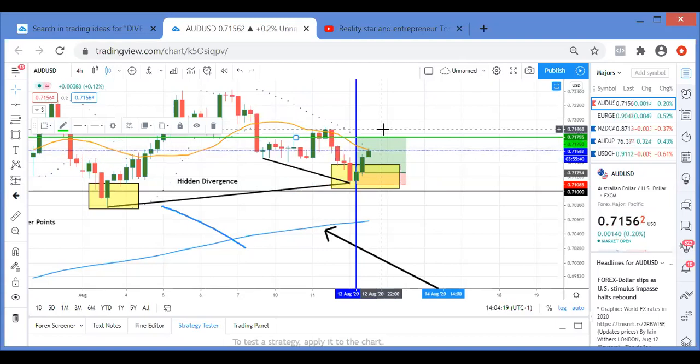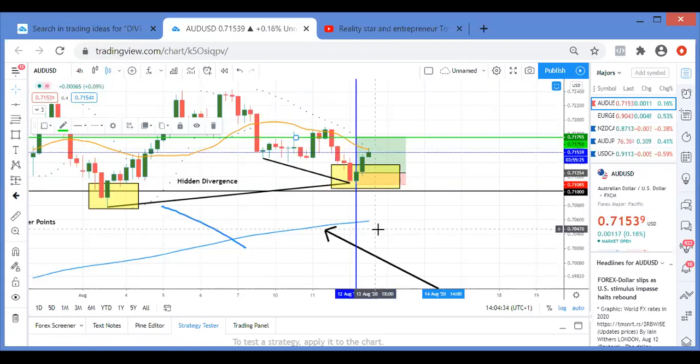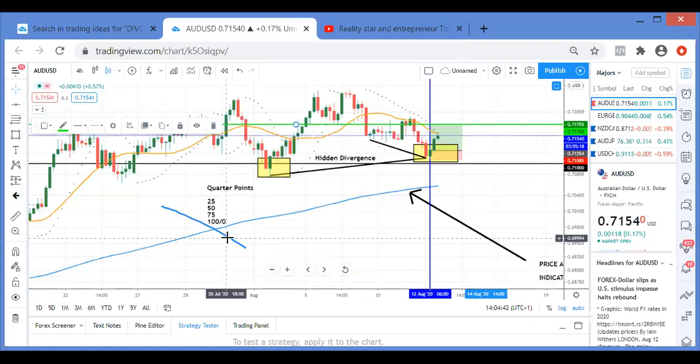So rather than sweating, oh my gosh, is my trade going to go in my direction or not? Guys, listen. If you have hidden divergence and the market is above the 200 moving average, you have more chance of the market going in your favor than not. That's facts. But guys, that's my piece. If you guys want another example, I can give you another. Sorry, last one, guys.